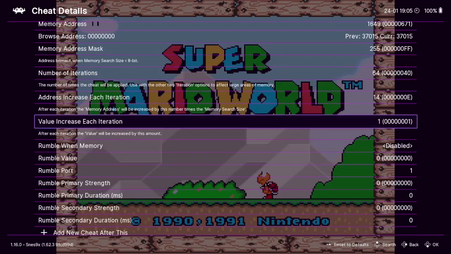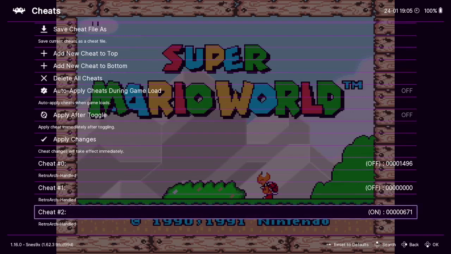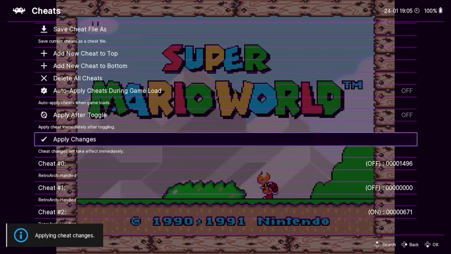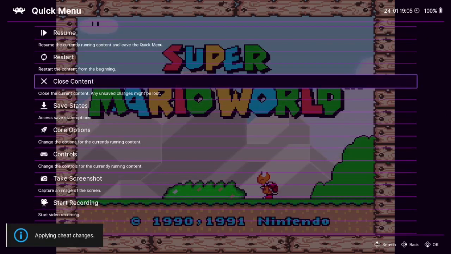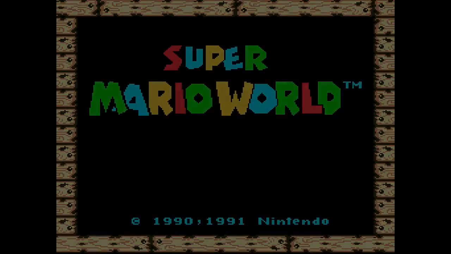The value increase each iteration increases the memory value by whichever amount. I'm just going to do, I'll say like 40 something now. So after you've done that, you go back, apply your changes, you go back, and then you want to restart your game. And then hopefully if everything works, you know,